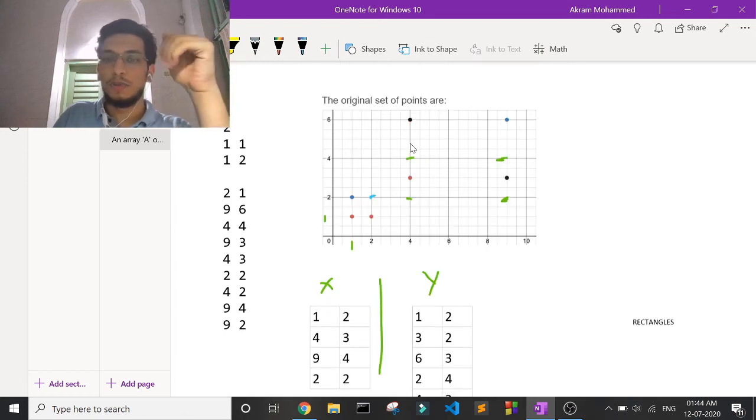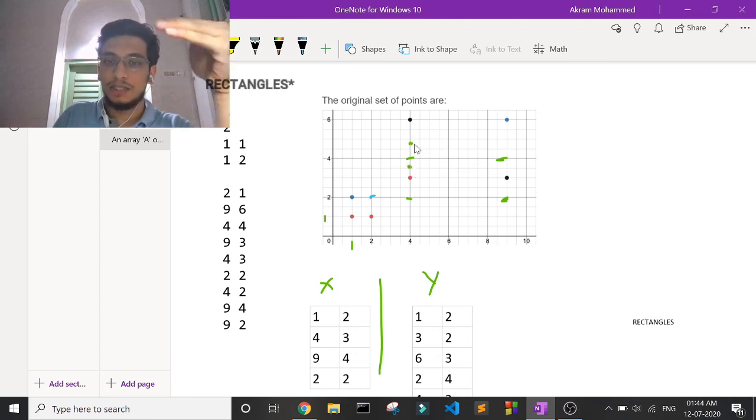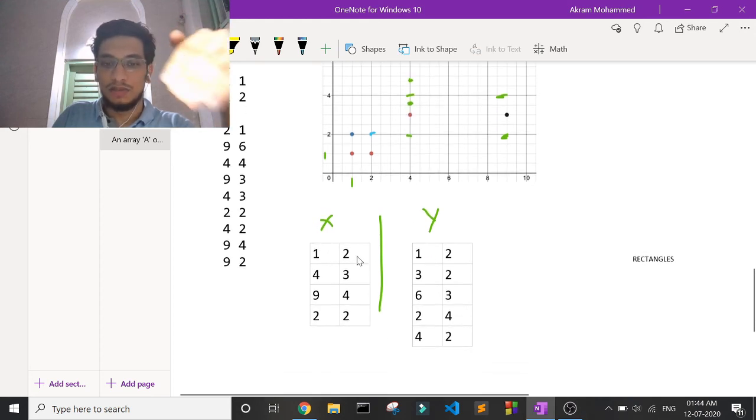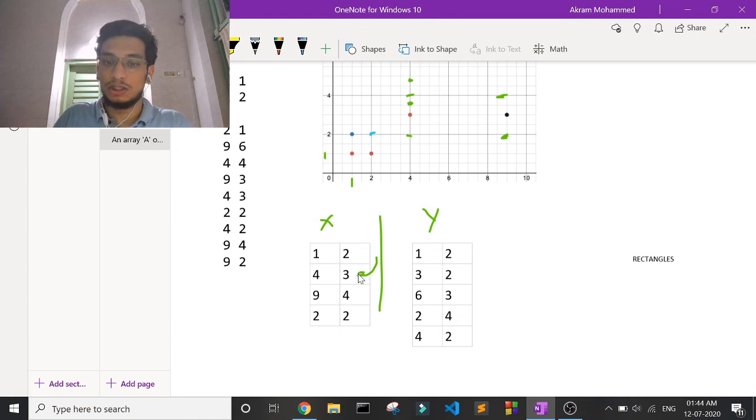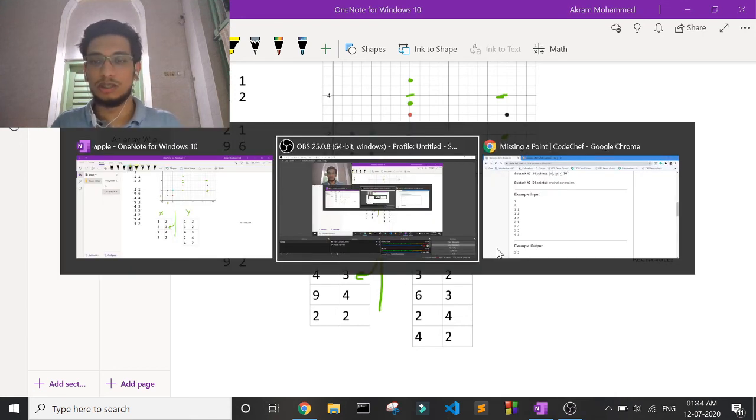And we know that no points are going to coincide right on top of each other. So if I just keep on making more rectangles, you can see that I'm always making 2 points on one of the axes, right? So I'm always going to have an even number of occurrences of the coordinates of x and the coordinates of y, just like this. And if one is missing, then that position is going to be odd. It has to be odd. So that's what we're going to search for, and the code is also really simple.